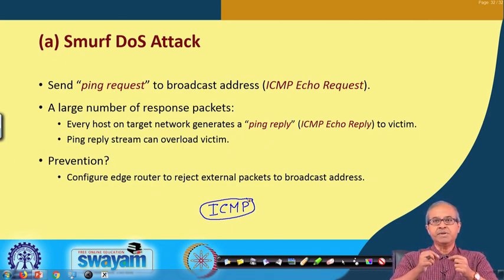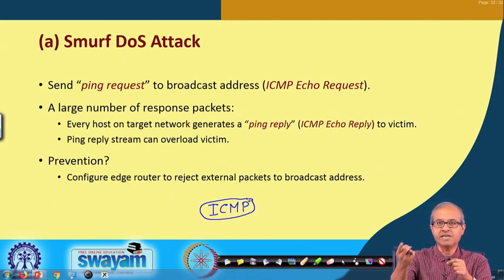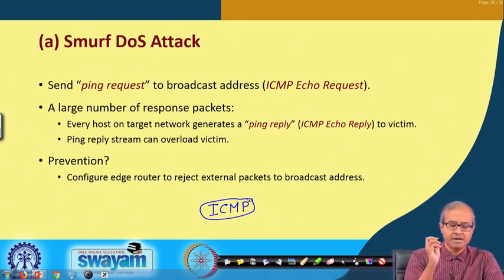Well, using ICMP you can also try and find out whether some host or some machine is currently available or up or not. You can send something called an ICMP echo request. The other person, if it is available, will send back an ICMP echo reply. This is one of the features of ICMP. Now, this kind of an attack exploits this ICMP echo and reply packet response feature that is available in TCP/IP.